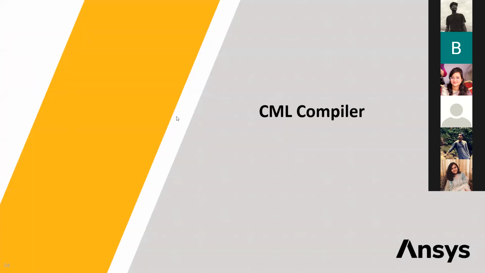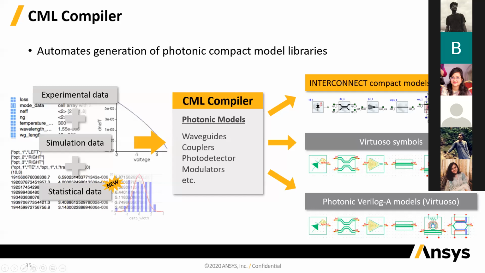So as we saw on the interconnect slide, when you run simulation on a circuit, you need those tiny building blocks which mimic the behavior of all of your components, right? Like you need a block that behaves like a photodetector. You need a block that behaves like your grating coupler. And so you need to first design your photodetector and your grating coupler with FDTD, with CHARGE, and then figure out the behavior and create a compact model that behaves exactly like your photodetector or grating coupler. And that can be done using CML compiler.